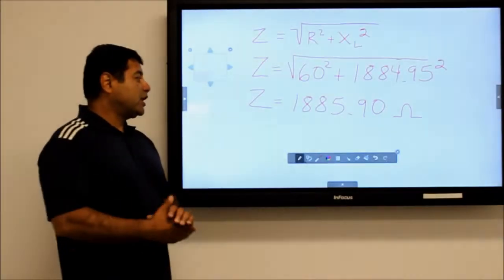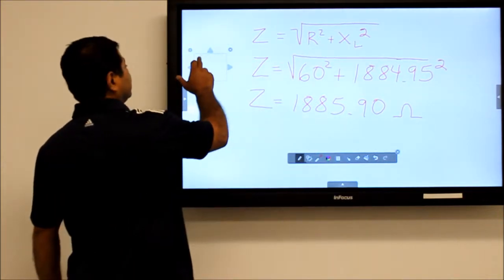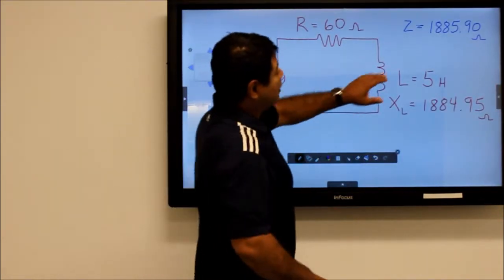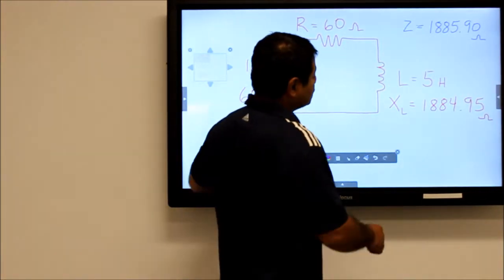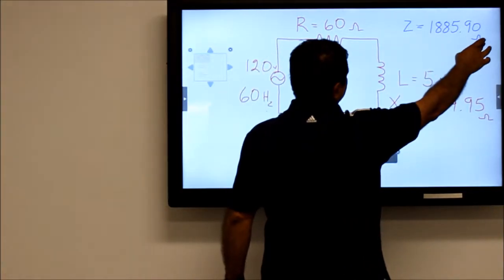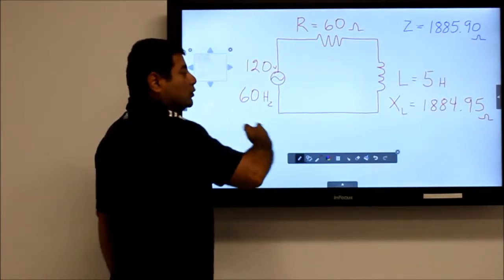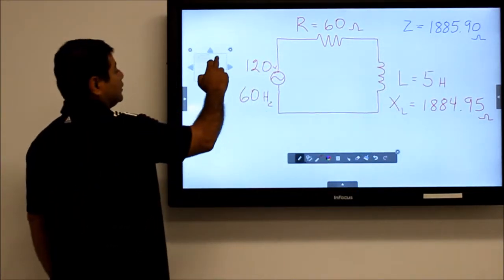Okay, so now that we have calculated the total impedance for the circuit, I can put it down on my circuit, and here we go. The total impedance, which is the resistance in the total circuit, including the inductor and the resistor, is 1885.90 ohms. Now that I have the total resistance in the circuit, which we call impedance, I can calculate the total